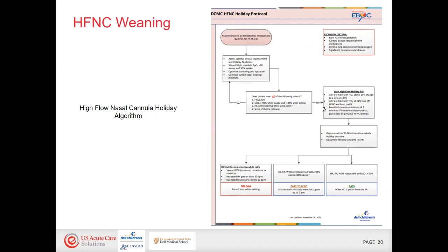that all flow with FiO2 above 21% will go to a 2-liter cannula. So if they're needing oxygen, we don't want to take all oxygen away. And so we would go to that 2-liter cannula. If the flow rate is really high, then we would also go to the 2-liter cannula, and then we'd monitor them for a minimum of 5 minutes to make sure that we're not going to see some kind of delayed deterioration. And then we will go back and reassess them every 30 to 60 minutes to make sure that they're